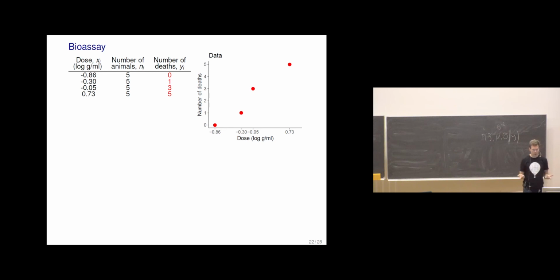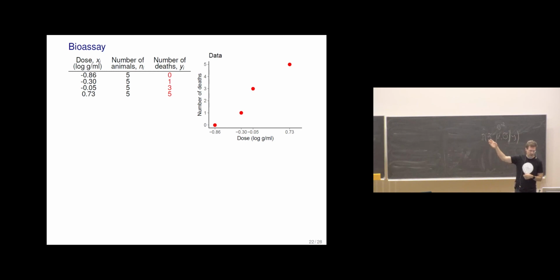It's quite common to work in these dosages in log scale, and you can also see here that it seems quite reasonable in that way, if we look at the range. For each batch of the animals, we observed that there were 0, 1, 3 and 5 deaths, and the data is plotted there. Just looking at this figure, we could already think that, yes, it's hazardous, because when we are increasing the dosage, more rats are dying.